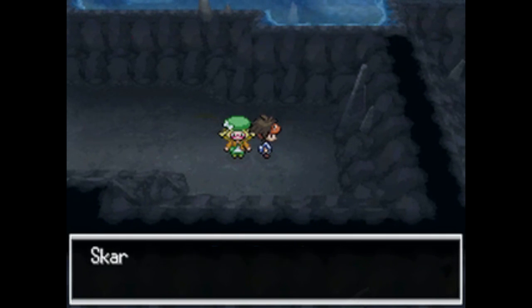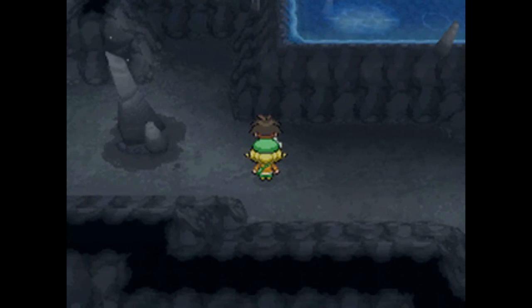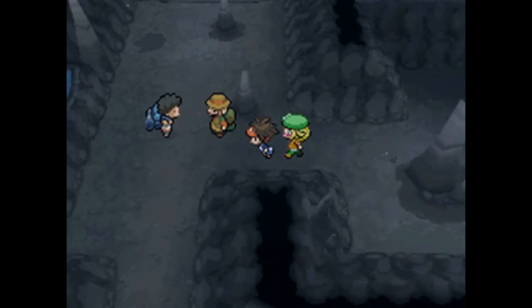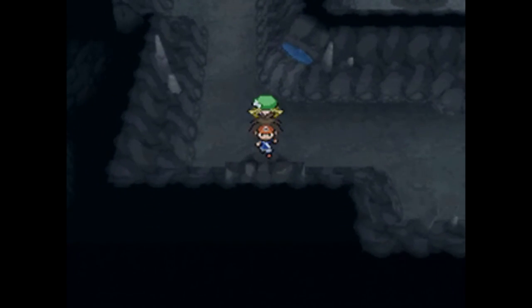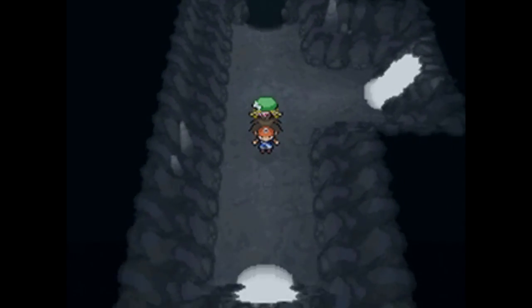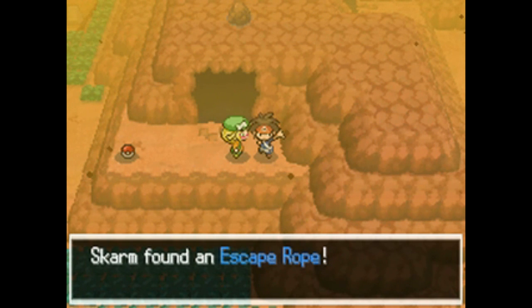There's obviously a hidden blue shard. This place has a lot of split paths. Same goes for the White 2 version as well. So you might get a little bit lost, but for the most part, it's not impossible to find your way through this place. If you head south, you can come out, and this will actually show you the outside of